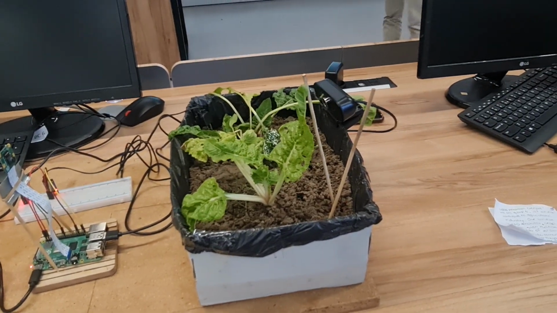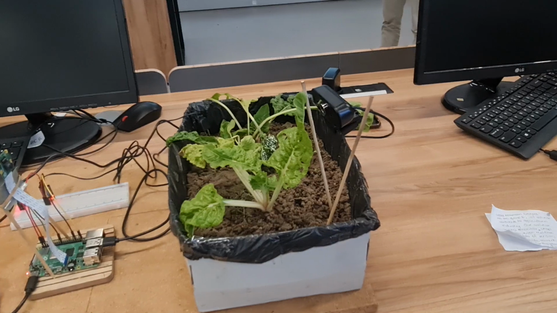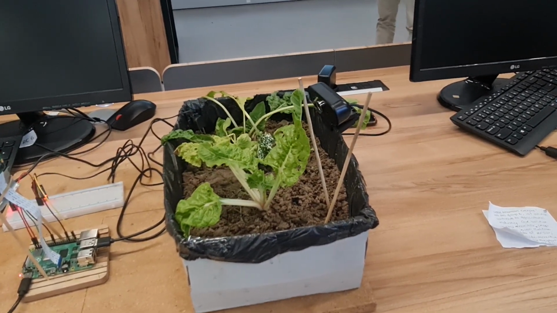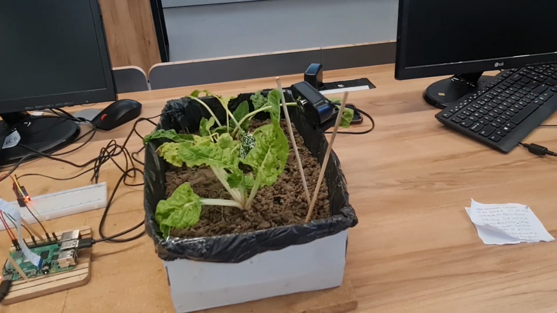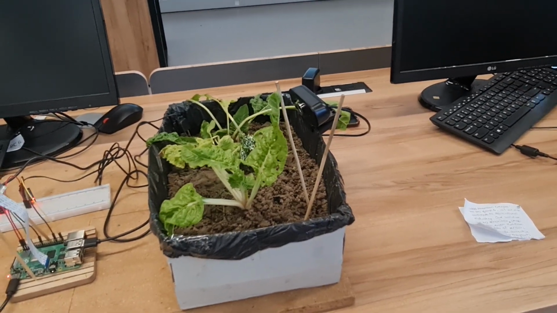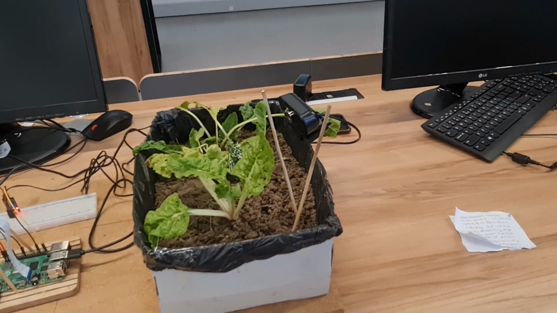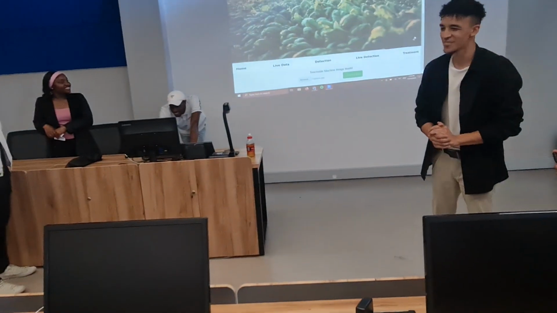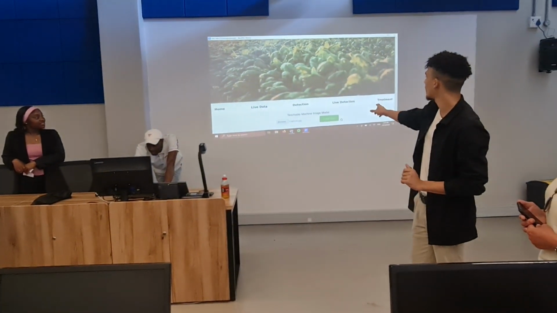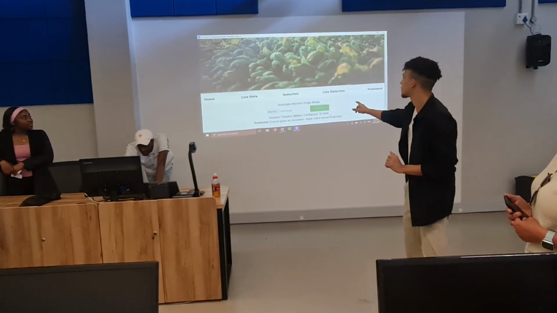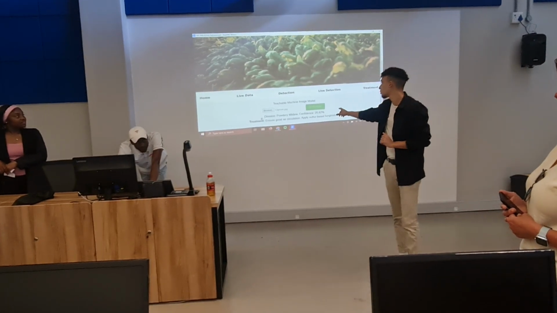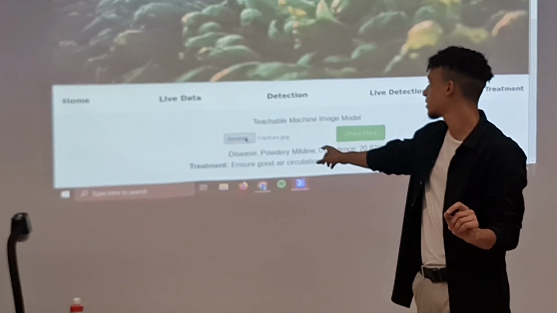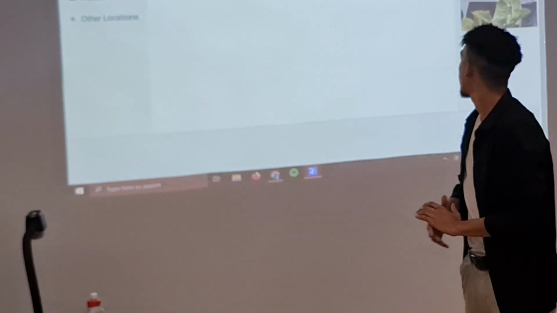We can select the image from our desktop. Yeah, as you can see, there's the image from Steve. And we can open it. Let's just hope it doesn't interfere with the model. And we can then click the button that checks, and it will detect the disease, powdery mildew, and the confidence level. So if we run another image, for instance, an aphids image,